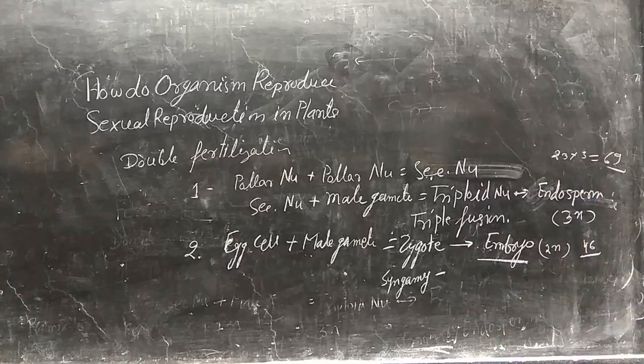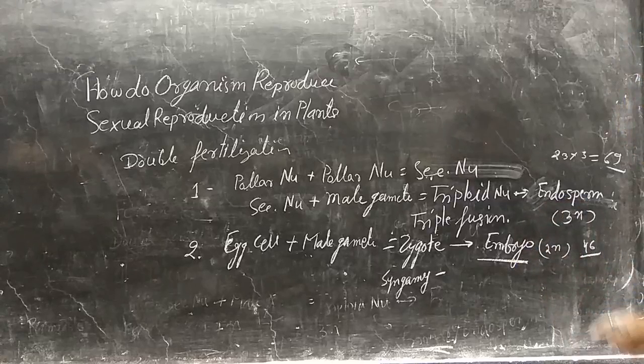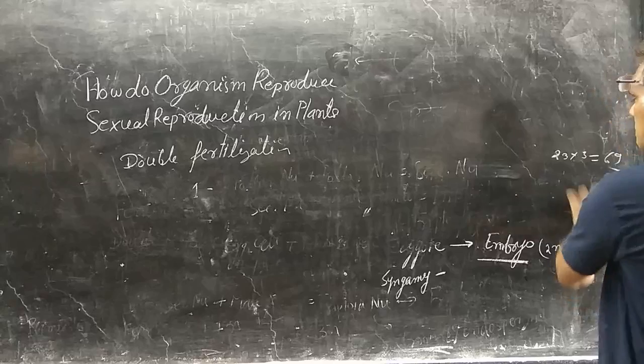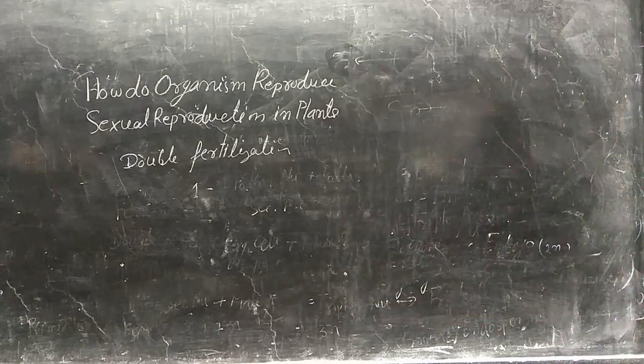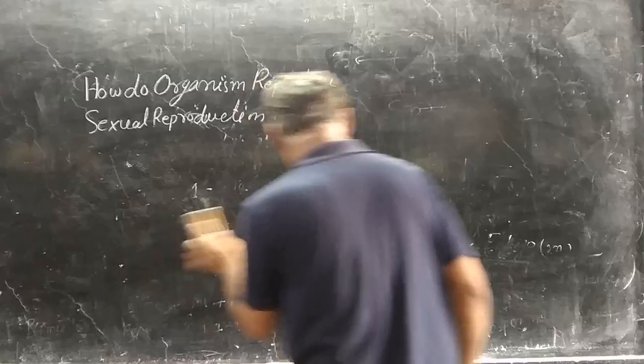जब embryo का development होता है तो पहले endosperm से वो nutrition लेता है, क्योंकि before development of embryo the endosperm will be developed. Endosperm का development होता है, उसके बाद embryo का development होता है, और embryo endosperm से nutrition लेता है. So this is the double fertilization which is only present in angiosperm, not in other plant groups. किसी दूसरे plant group में double fertilization नहीं होता है.